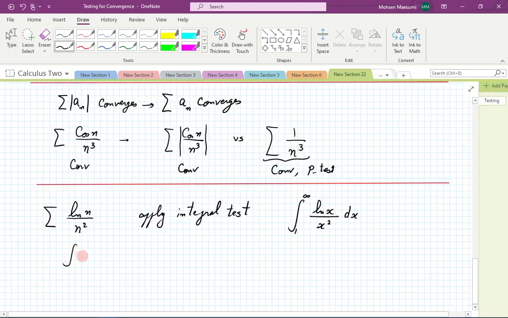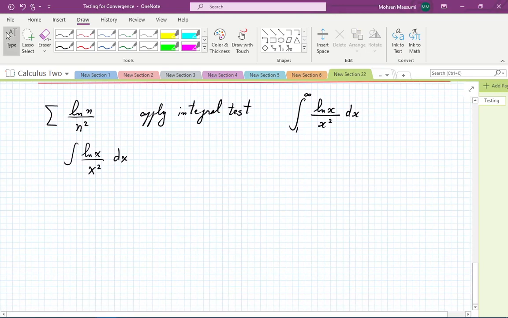So the integral of logarithm of x over x squared dx. The functions match. You have to show this function is a decreasing function. So at least from some place on, you have to show it is decreasing, and then you have it made. So how do you handle that? Of course, that was one of our basic substitution and